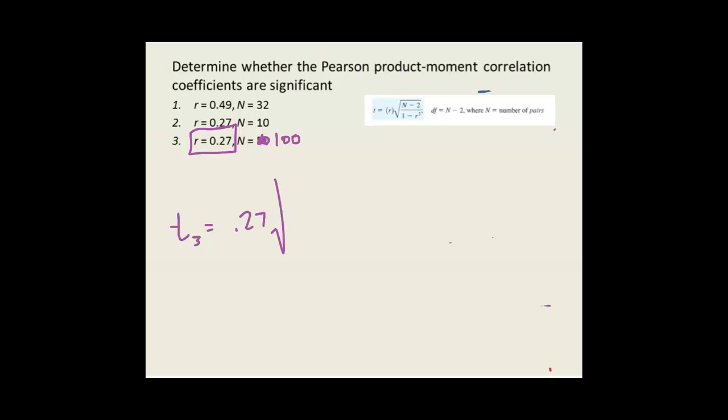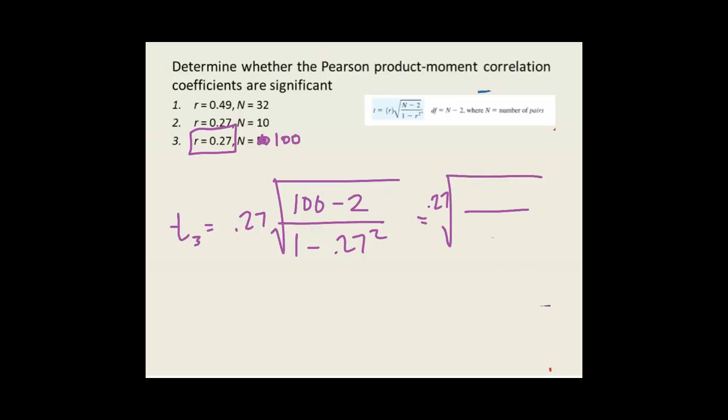Now it's 100 minus 2 all over 1 minus 0.27 quantities squared. So 100 minus 2 is of course 98. 0.27 still there. And 1 minus 0.27 squared is still going to be 0.9271. If I take 98 divided by 0.9271,